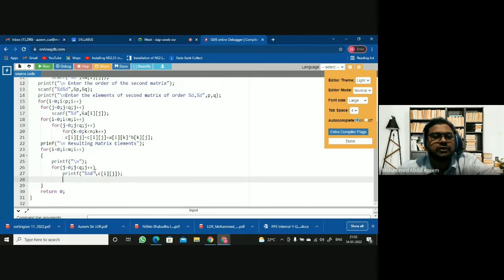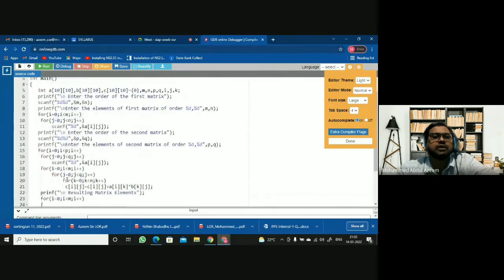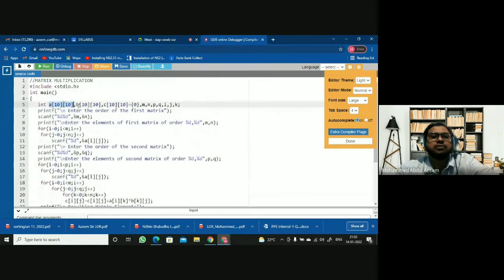So now you can see in this for loop, you have first printf new line operator, take the cursor on the fresh line. Then this particular for loop will print all the elements in that row. Again, then go to the next iteration of the outer for loop and take the cursor on the fresh line to print the next row, like that. Okay. So this is the matrix multiplication program. So we have taken three arrays A, B, C of higher size, and we are trying to restrict their order with the help of these variables M and P, Q.